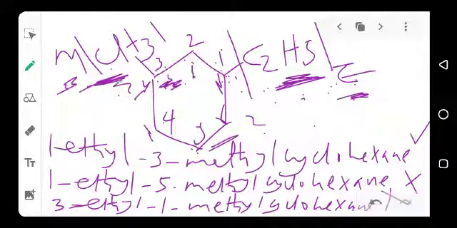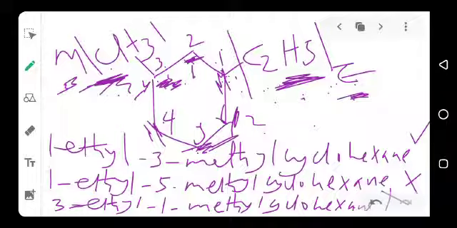So 3 methyl cyclohexane. Why hexane? Because it has 6 carbon atoms in the ring. We have 1, 2, 3, 4, 5, and 6. So the correct name is 1 ethyl 3 methyl